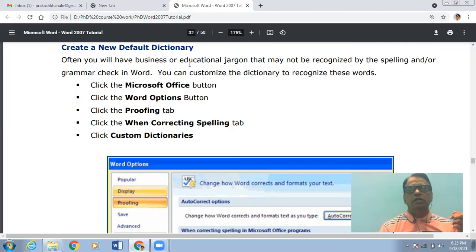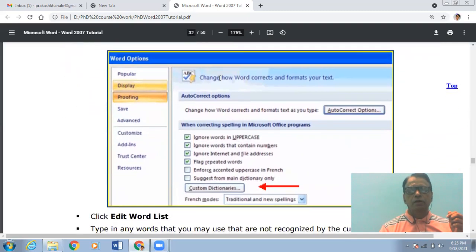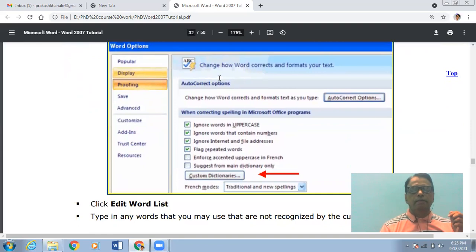So in such a case, you can make use of this facility, and you can customize the dictionary to recognize these words. So it is possible that you can customize the dictionary and you can make use of the special words so that the error will not be displayed by the Microsoft Word application software.